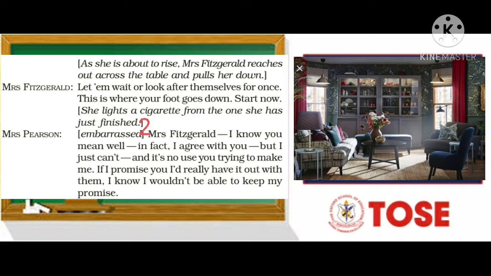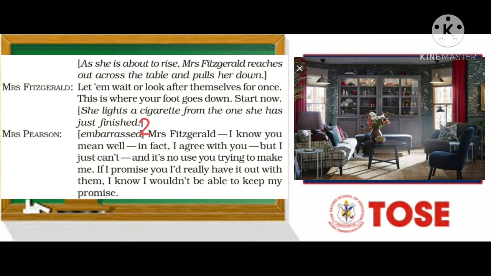This is where your foot goes down. Start now. So now this is the time. This is what she has been asking Mrs. Pearson to start with or to do something. So when Mrs. Pearson was about to go and prepare some food, anything for the boy, the girl, the son and daughter and husband,